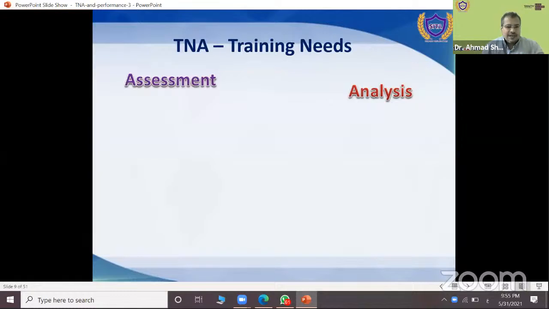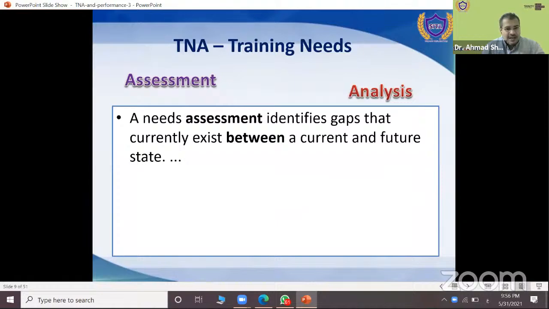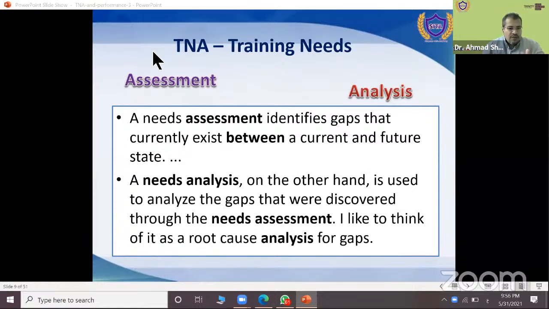TNA, training needs assessment or analysis. So the A here, training needs analysis or assessment. We have both assessment and analysis. Okay, this is very important to know because they have different levels, different stages. A needs assessment identifies gaps that currently exist between a current and future state.